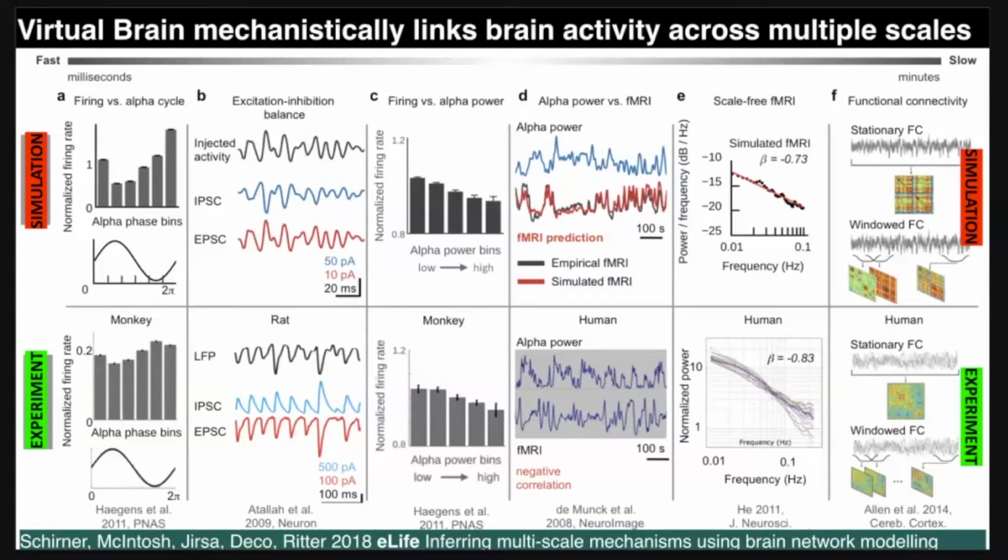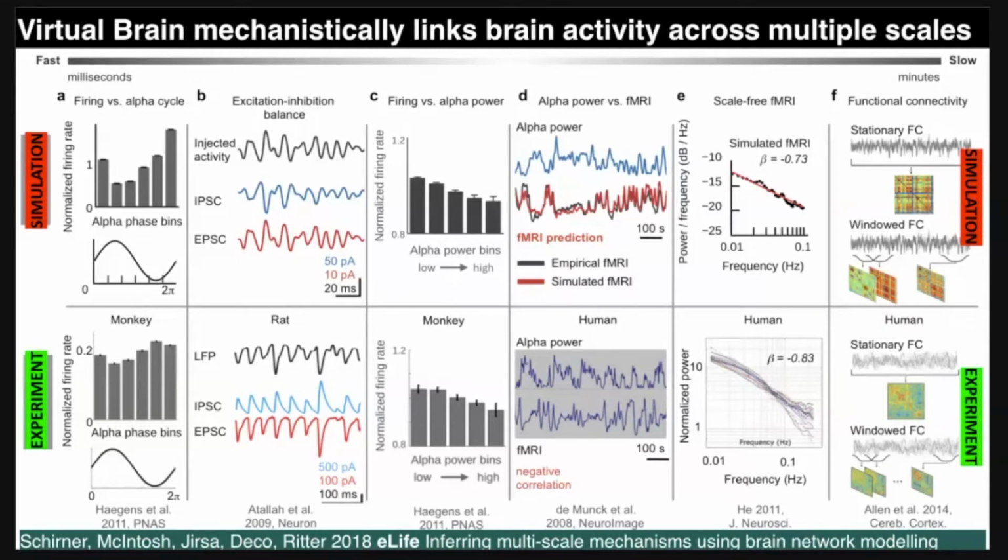The ratio between inhibitory and excitatory input currents, the excitation-inhibition ratio, can be measured in rats and mice, has been published many times, and is reproduced by the model. The relationship, panel C now, between the firing rates and the alpha power is also reproduced by our model, has been systematically characterized in invasive monkey recordings. We also capture with the model the inverse relationship between the alpha rhythm power and the EEG and the BOLD signal shown in panel D.